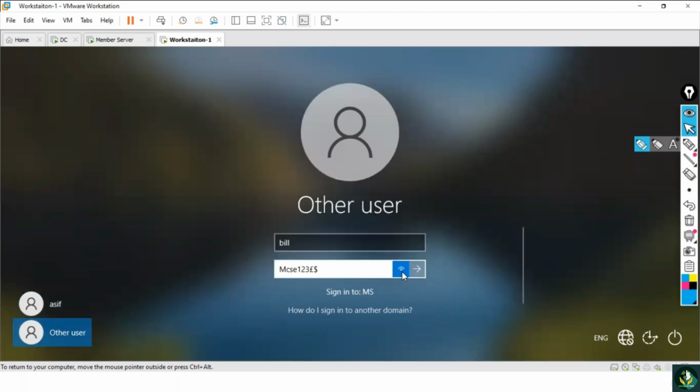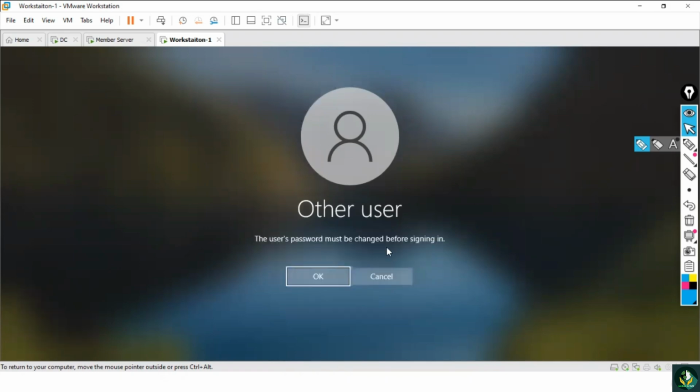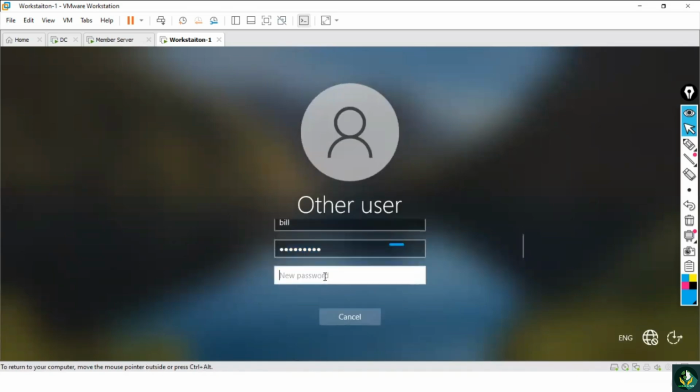Okay, here it is not hash dollar. So let us change the language. mcse123#$. Now it is hash dollar. Now guys, we are getting this option. User's password must be changed before signing in. Okay, we have selected that option. User should change the password at the next logon. Okay, so we'll click OK, and